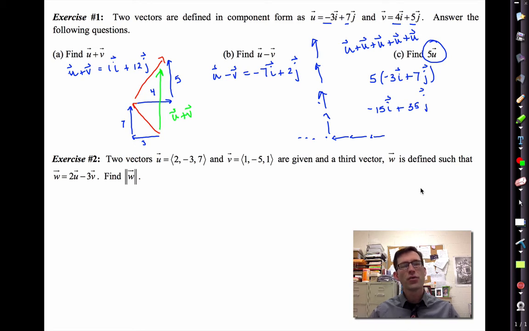All right, let's go through it. Now, a lot of students do this in a very incorrect way. I'm going to do it in a very straightforward way, and then we'll take a look at some of the incorrect ways students tend to do it. All right, this is the magnitude